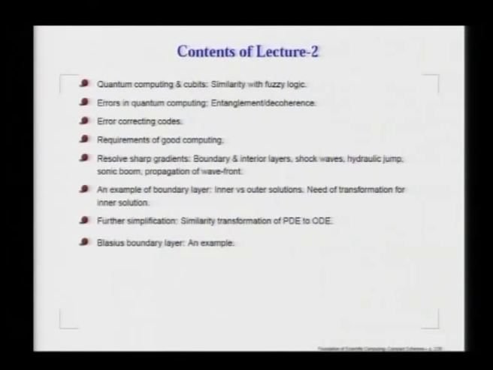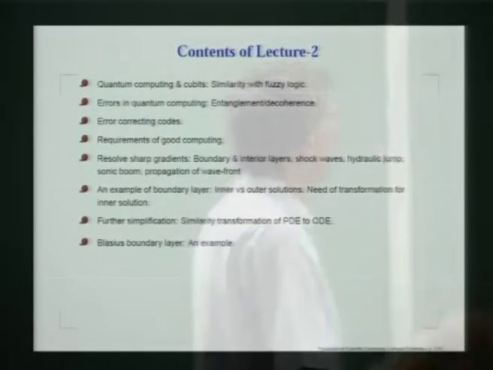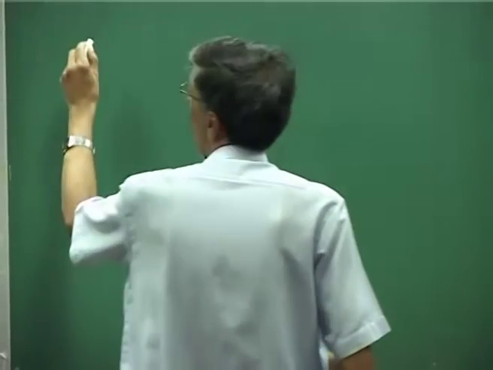We will talk about the structure of the boundary layer, why we need transformation to resolve this inner layer which is close to the boundary, and the essential goal in this whole approach was to bring about simplification which will allow us to go from a partial differential equation to an ordinary differential equation. So, we will spend time on that, and we will finally finish the discussion with a description of the Blasius boundary layer. In quantum computing, you actually use what are called